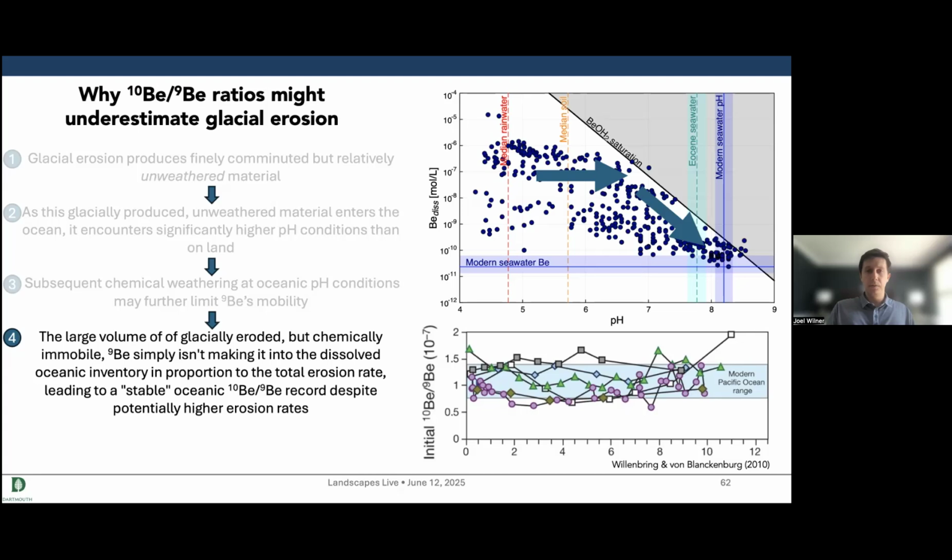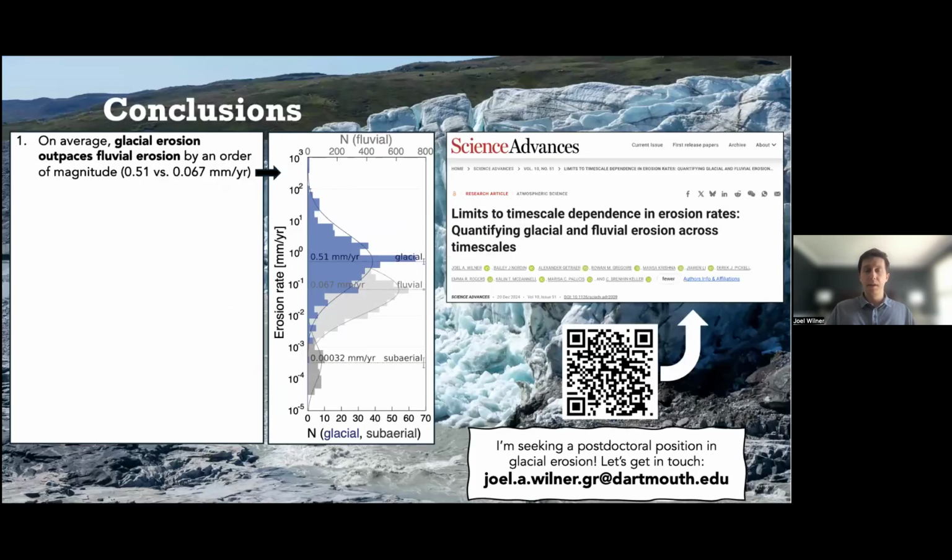Yeah, so that's our sort of hand-wavy geochemical argument that hopefully shed some light on some of the previously proposed implications of glacial erosion rates being more efficient than rivers and enhanced during the Cenozoic. So I'm going to conclude there. I'm going to leave you with some conclusions.